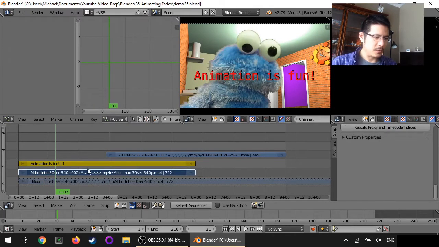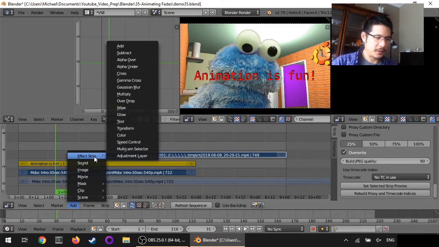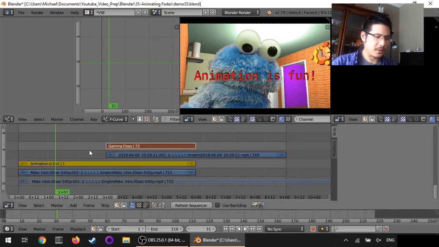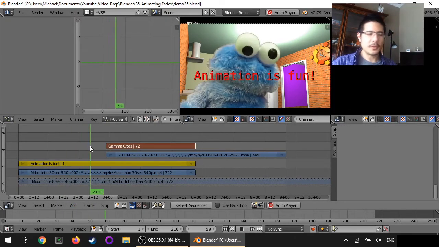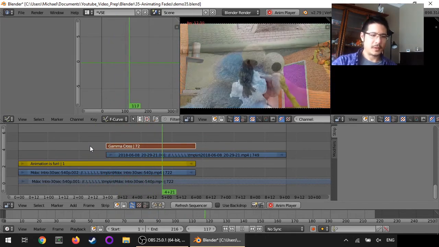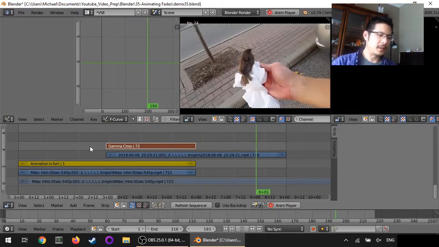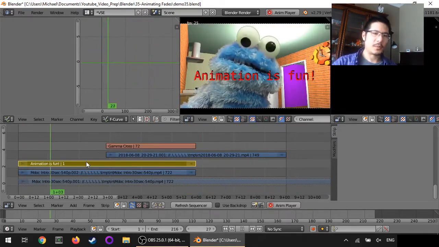And to do that normally, we just select the first one, hold down Shift, select the second one using the right mouse button, and then go to Add, Effect Strip, Gamma Cross. So if we play this, we'll notice a few things. So first, the Gamma Cross is working like we expect,